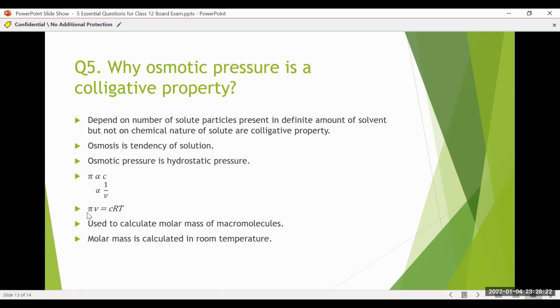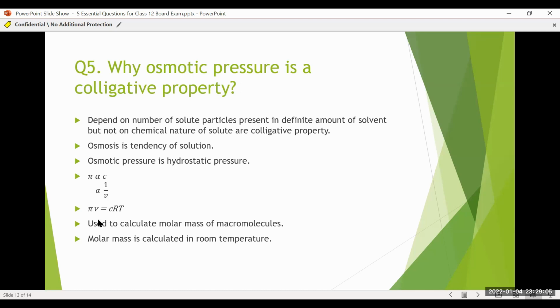Very commonly, these problems are asked on osmotic pressure. We will be solving them in the next class. Now, what is the purpose of osmotic pressure and why is it a colligative property? As you noticed, the osmotic pressure is directly proportional to molarity, and molarity is equal to number of moles of solute upon volume of solution in liters. And what is number of moles? Number of moles means quantity. We can say it is based upon the number of solute particles. There is no nature mentioned in this formula. Therefore, we can say osmotic pressure is a